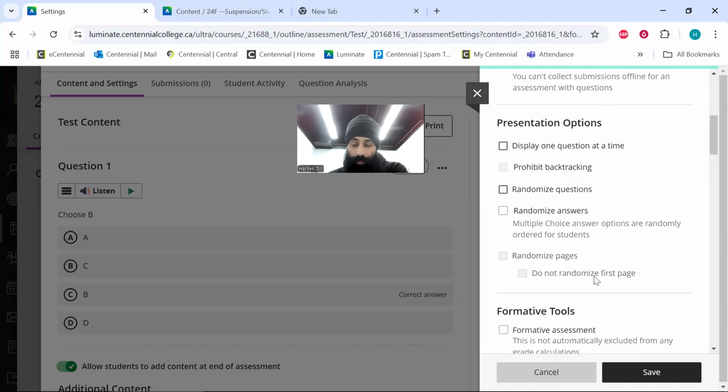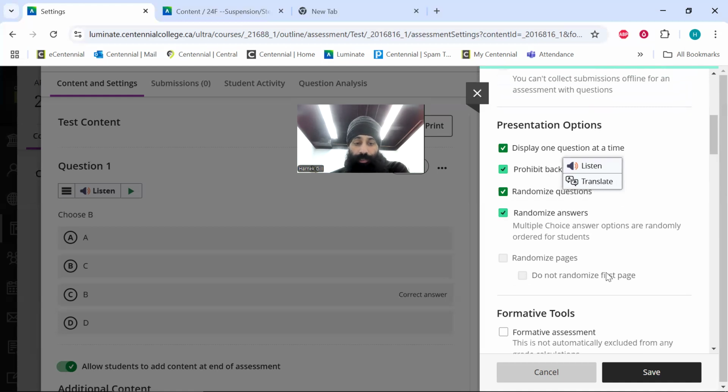Now, display one question at a time. You had these options in eCentennial as well. Prohibit backtracking, meaning they can't go back and forth between questions. Randomize questions. Randomize answers. Unfortunately, as far as I've seen, you can only randomize answers for all the questions or